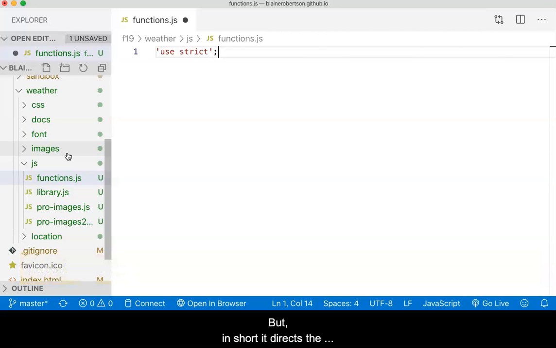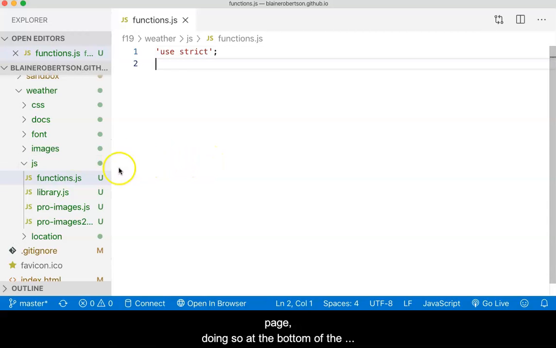In short, it directs the JavaScript engine within the browser to treat all JavaScript in strict mode rather than sloppy mode. Be aware that some JavaScript linters will indicate that the use strict declaration should be used as a function. You can ignore this. Next, connect the file to the web page, doing so at the bottom of the page,